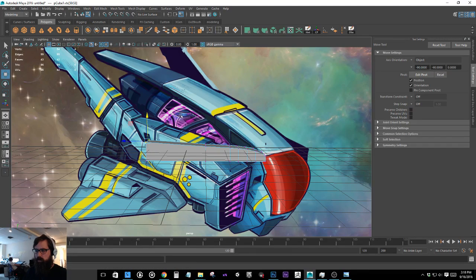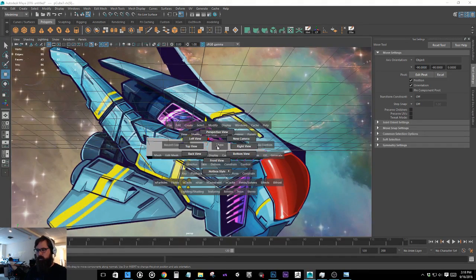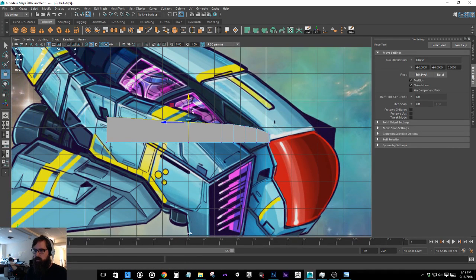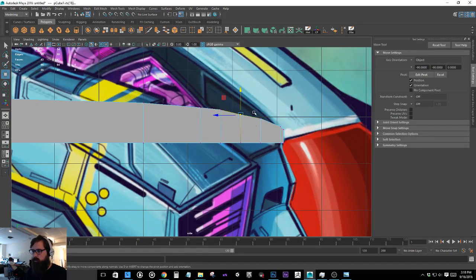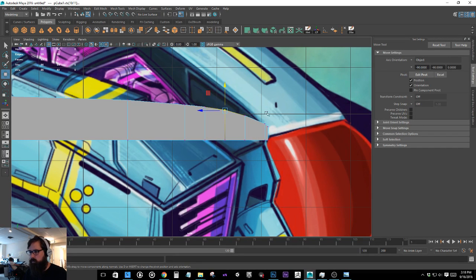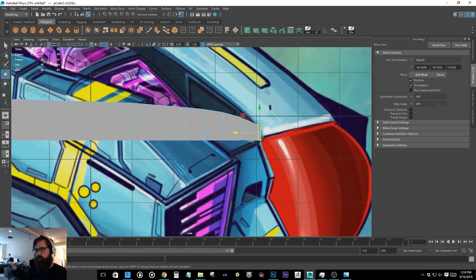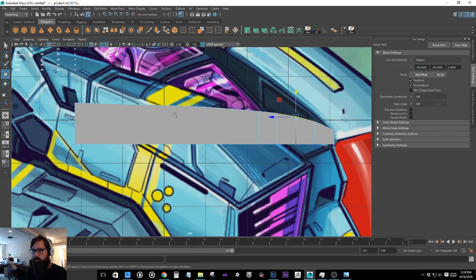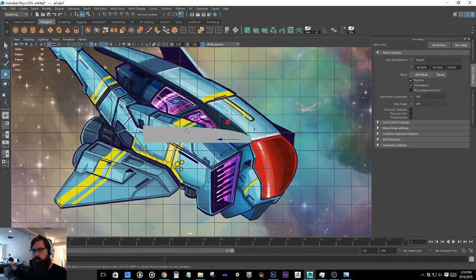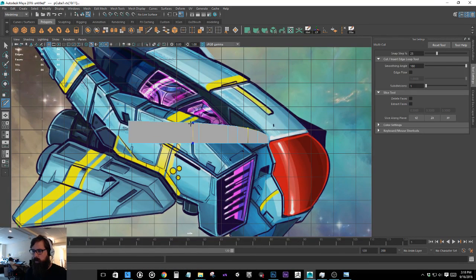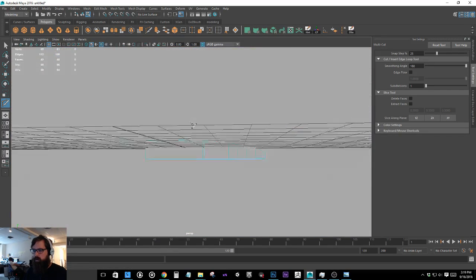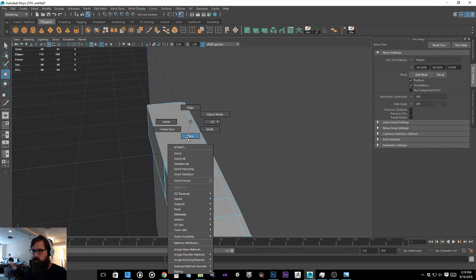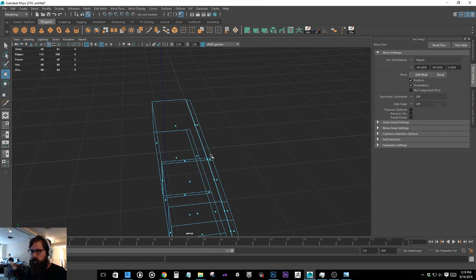It just kind of keeps arching up, which kind of makes me realize, all right, I think all this needs to go up just a little bit more. This curve needs to be a little bit bigger than it is right now. So just kind of carefully making some adjustments. Keep that even. I might need to do more than that later, but I think that's good for now. So because I have like this lip here, you can see this kind of comes up. I'm going to put another edge loop really close here. And before I go any further, I know that I'm going to want to basically end this whole extrusion